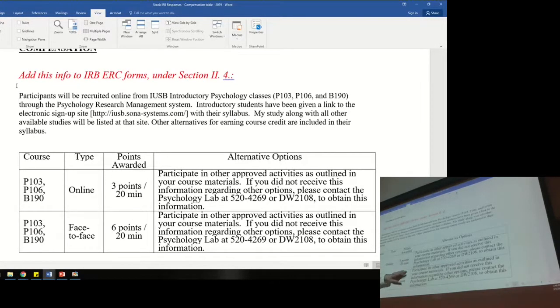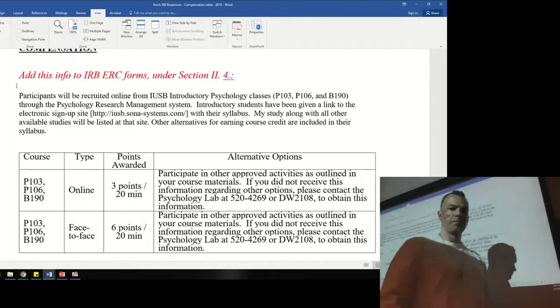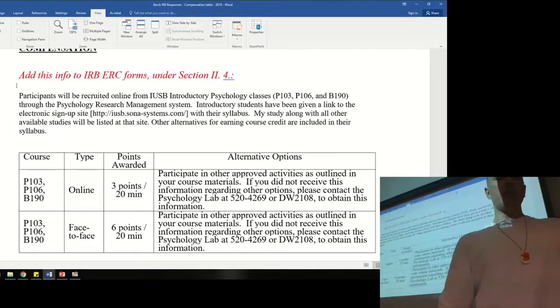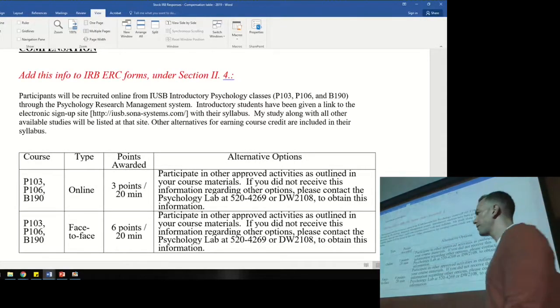So you should use these if you're going to be using the introductory psych pool. When they ask you for your compensation rationale, or why you're doing this much, you just say that these are the amounts that have been agreed upon by the psychology department, and that is pretty straightforward. All right, so use those compensations. If you want to offer